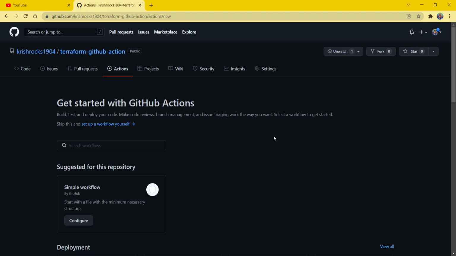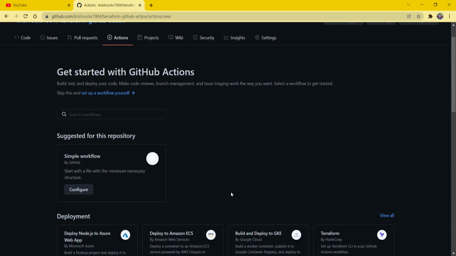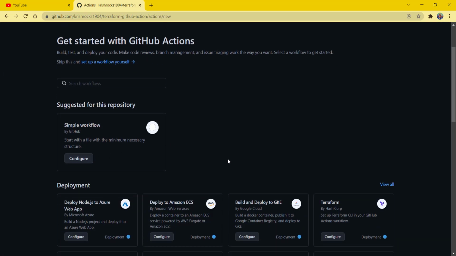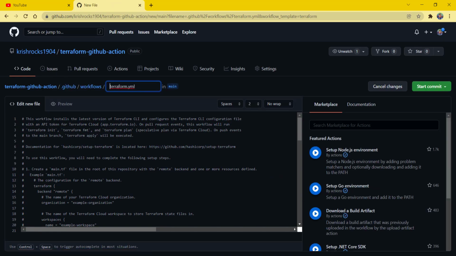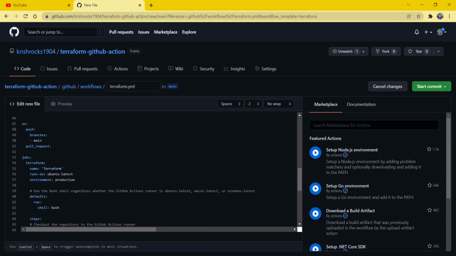And to create a workflow, you can go to the Actions tab, and from here you can simply create a workflow. If you would like to create a workflow from scratch, you can click here and create a workflow. And apart from this, there are a number of templates which are given by GitHub Actions which you can utilize if you are willing to deploy any specific project type. For example, in our case, we can use this Terraform workflow template. So if I select configure here, that will show this is the sample flow template which we can use.